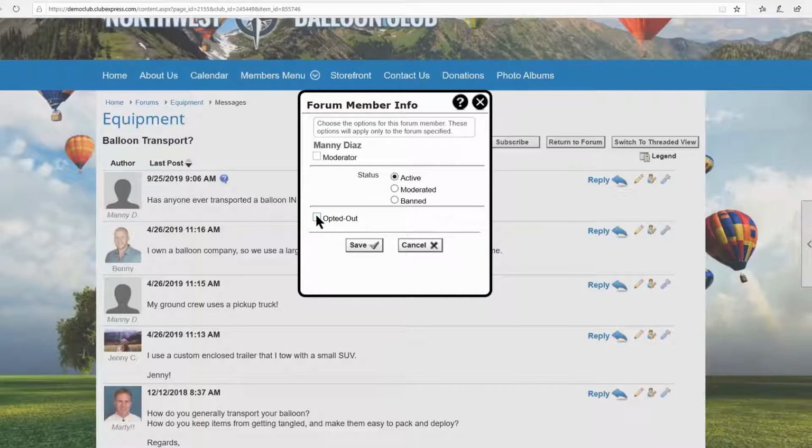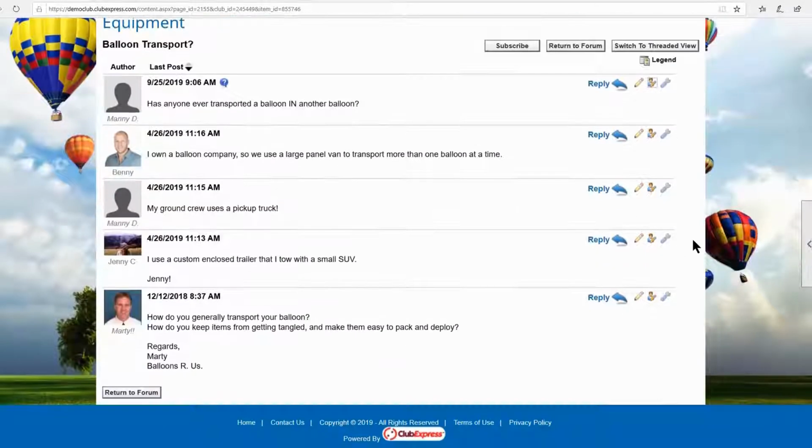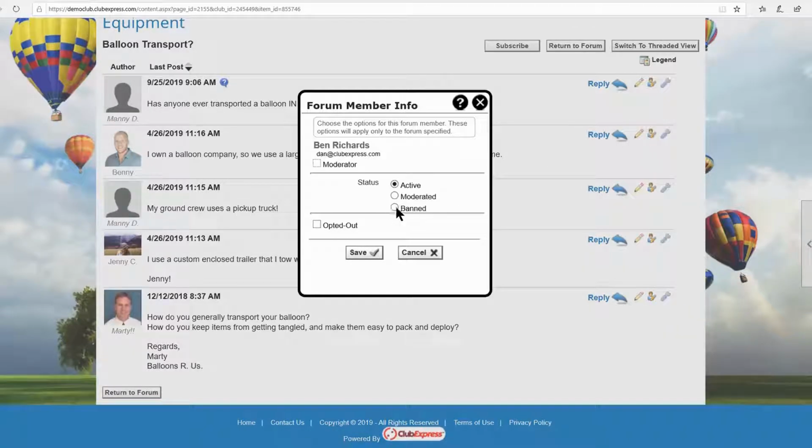Or Manny has said, I want to not be notified. Or I can make Manny a moderator. But on any person here, if we look at, say, Benny here, she can say, this person is banned. And so that person will not be able to enter any messages or threads in this forum.